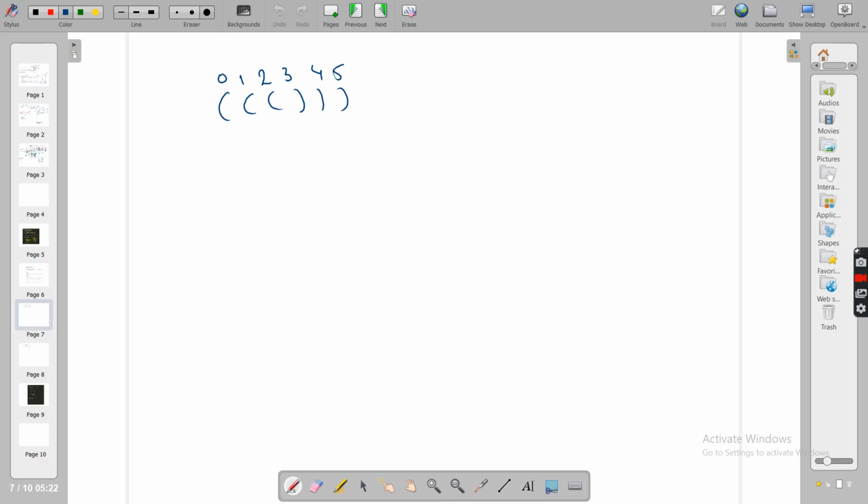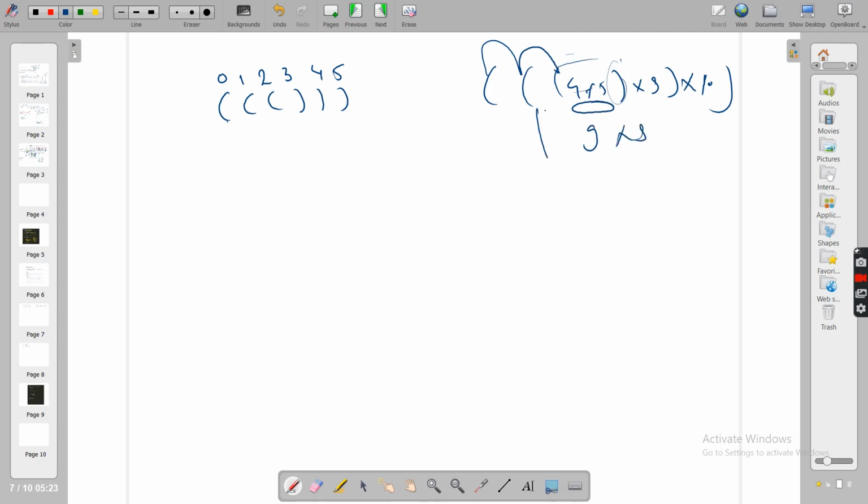See, you're given a string comprising only opening and closing brackets. These two characters, that's it, nothing else. Now in simple mathematics, this is how you solve problems involving brackets. Let's say you are given this. If you're getting an opening bracket, you will go inside. You're getting an opening bracket, you go inside. Again an opening bracket, you go inside. Here you're getting a closing one, so we'll try to resolve this first. 4 plus 9, which is 9. Then 9 cross 9. Then you will resolve these two brackets, then these two brackets, correct?